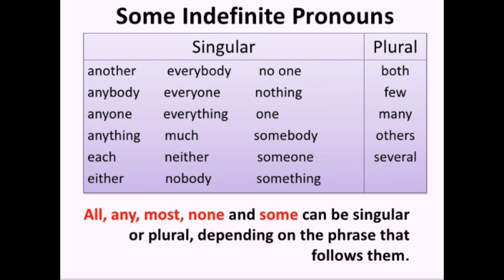Okay, another name is distributive pronouns. Okay, distributive pronouns are the ones which refer to one thing at a time, like either, neither, each of these girls has a book. Okay, so these are indefinite and distributive pronouns.